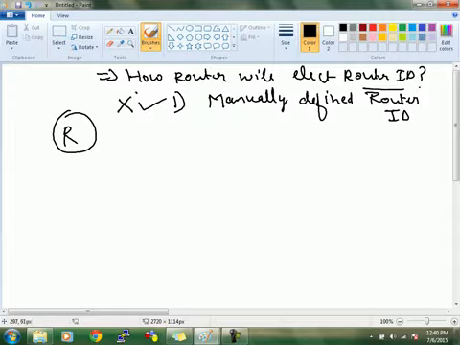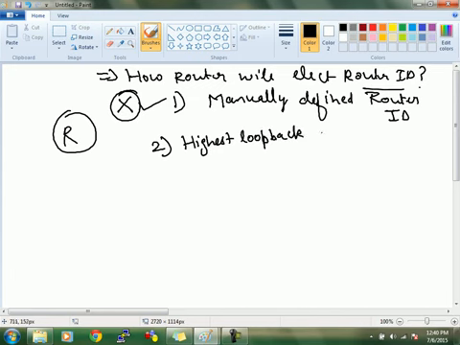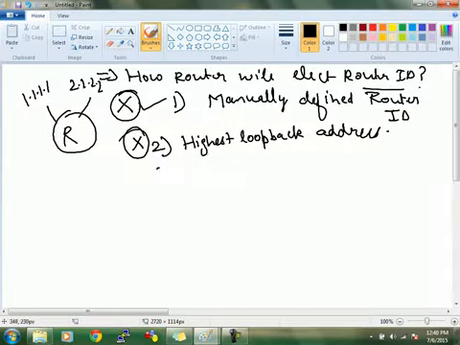But I have not configured the router ID manually. Second preference will be given to the highest loopback address. Just think like I am having two loopbacks, 1.1.1.1 and 2.2.2.2. So which will become the router ID? 2.2.2.2. Why? Okay. If I have not defined loopbacks also, then preference will be given to